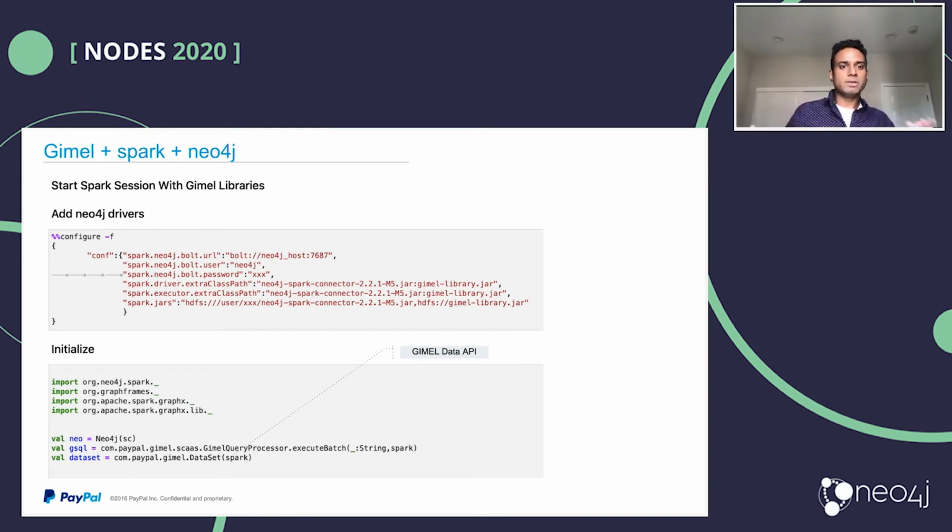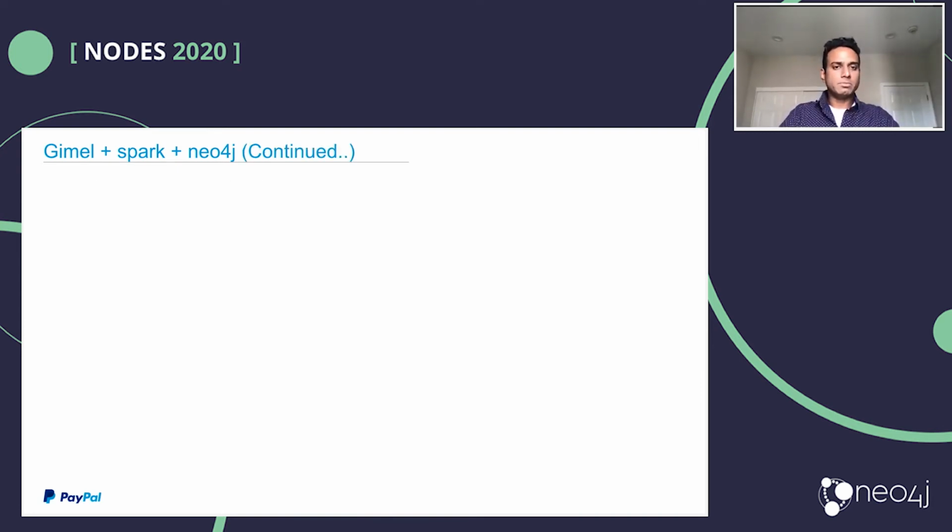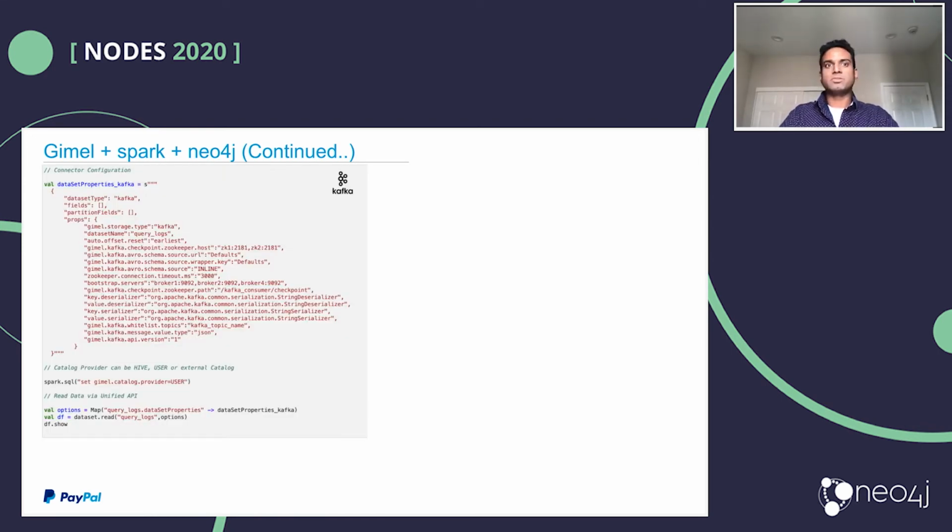And most of you might be familiar, if you've been using Neo4j, there is a Neo4j connector for Spark. We add the library and start a connectivity to the Neo4j instance. Here is a concrete example of how data can be accessed via Gimel when it is in Kafka. Kafka is a message buffer. Data is ephemeral and data flows in various formats. If you think about various formats such as protobuf, Avro, JSON, or text, and then start combining that with the perspective of how Kafka handles data in the form of brokers, topics, and partitions, it's pretty complex.